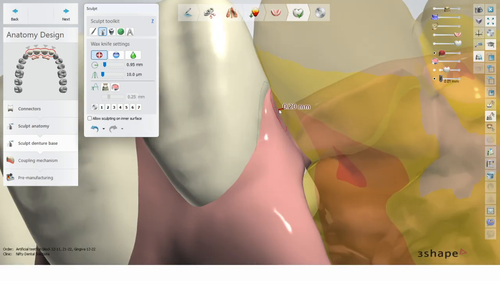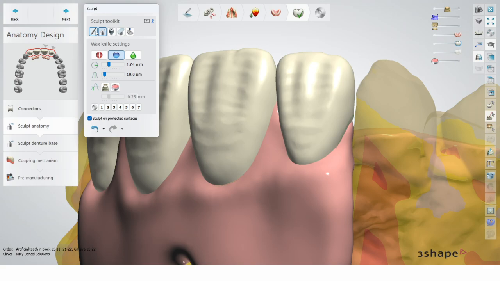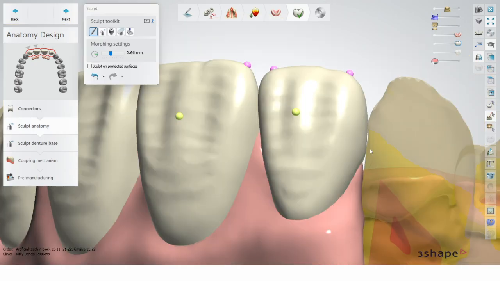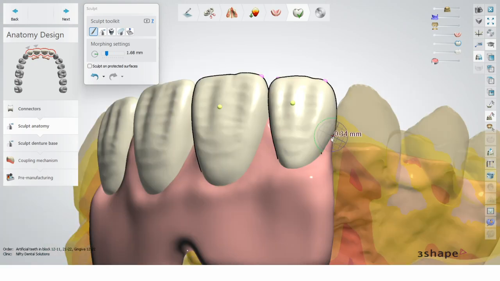And with a bit of patience, you're gonna have a nice contact point with the denture base there. Now it's a little bit open. We can fix that with Sculpt Anatomy. I'm gonna get the tweezers. And I'm gonna create also a bit of contact point with the tooth. Not too much, but we know that we're gonna have to use a bit of contact paper there to relieve a bit that area. So not a big problem.